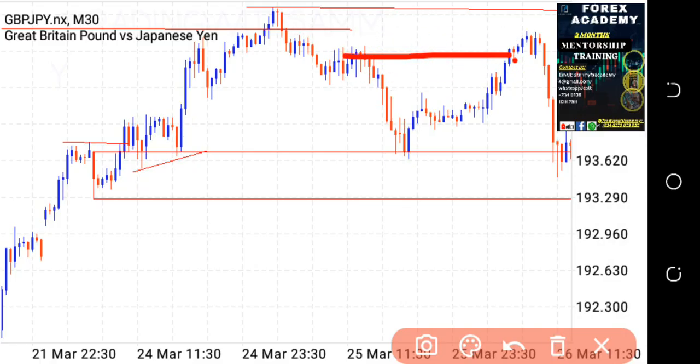Now this shows a change of character. Okay, a change of character, and this shows that we are going to be going back up. So there's no need to panic. All you are waiting for is price to come and take out the money that is here, come back here, which is where we have been waiting for before we start buying. Now let's see what happened in the future.